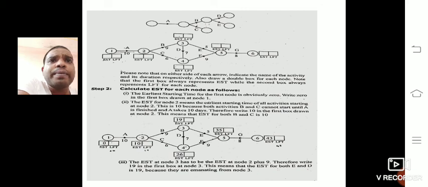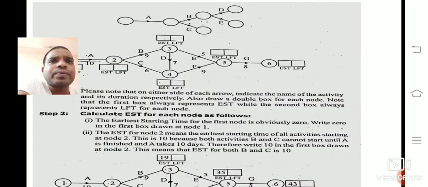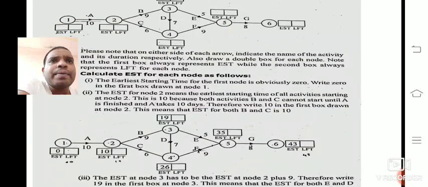At every node we make 2 boxes. For the first box we write EST, the earliest starting time, and for the second box we write the latest finishing time. Now we need to find the earliest starting time.